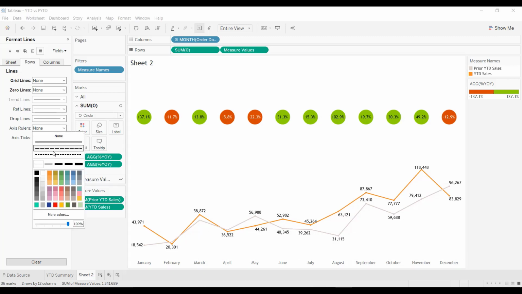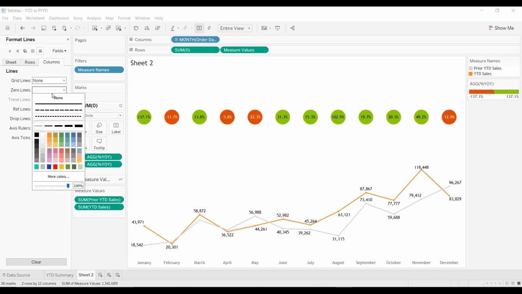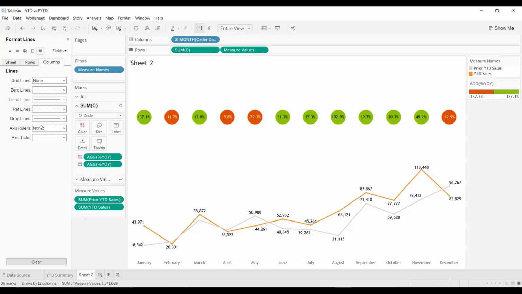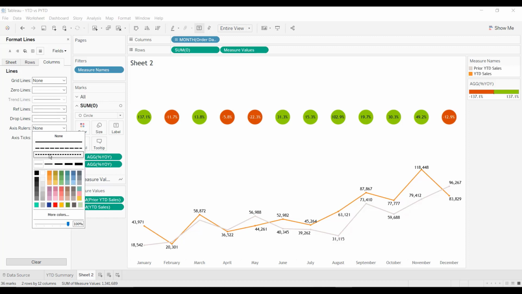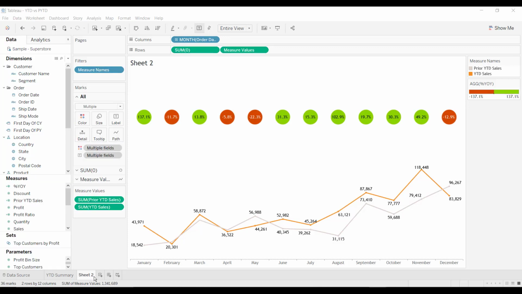I want the axis ruler, sorry, not for rows but for column, and axis text as well. So let me name this as drill down.